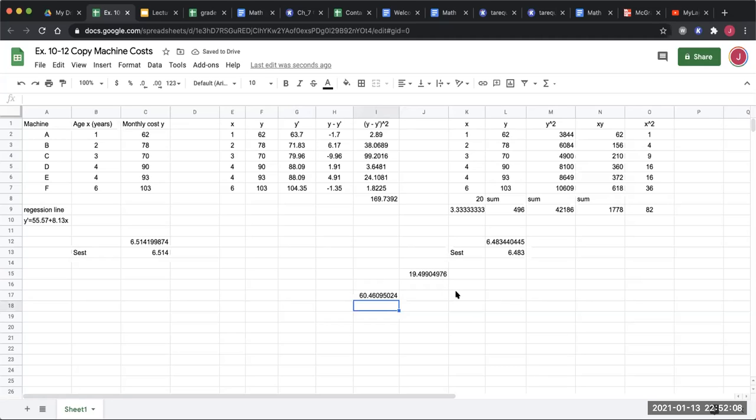And then in this square right here, I'll say equals the predicted value for that particular x value being equal to 3, plus our margin of error. So here, the prediction interval goes from 60.5 all the way up to 99.5